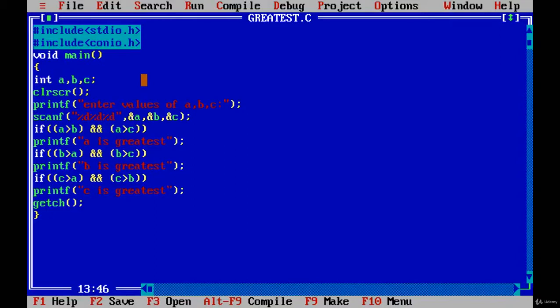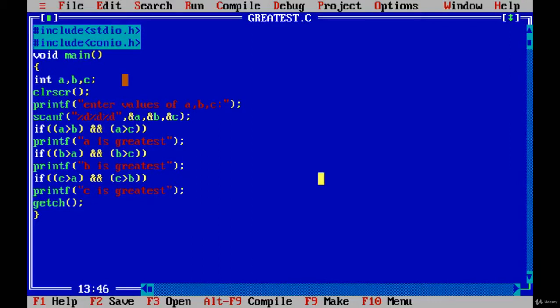Why have I taken three variables? Because I have to assign values to these three variables, and whichever variable is holding the highest value has to be printed. That is our program. So whatever question they have given for you, first think about the logic. Once you get the logic, then start writing the program. The first basic step is to think about what the input values are. First think about the logic.